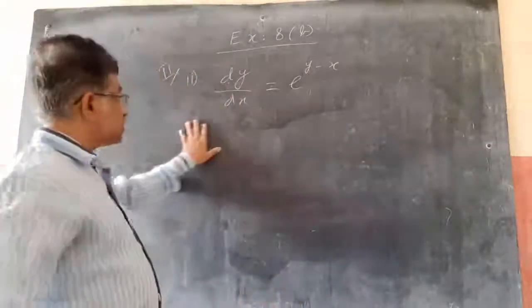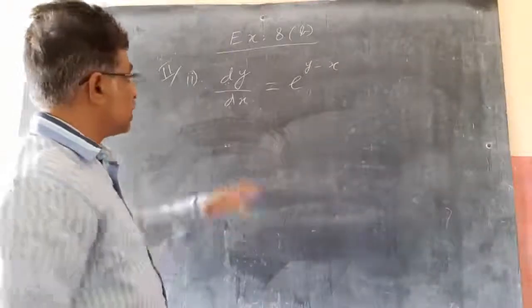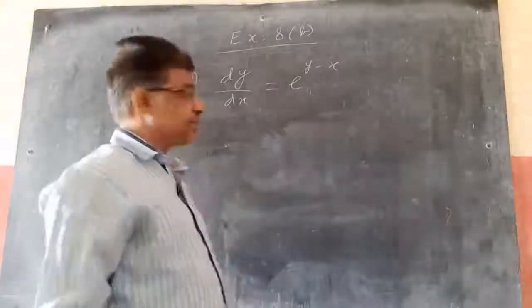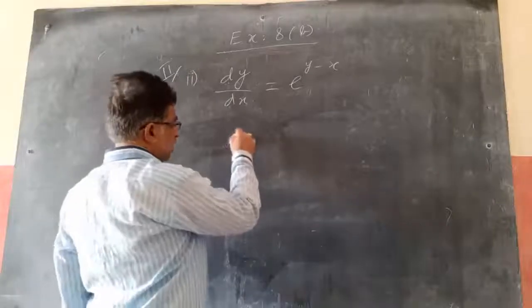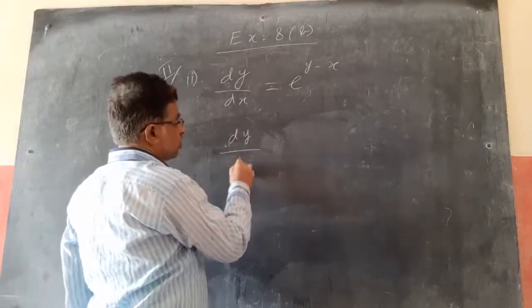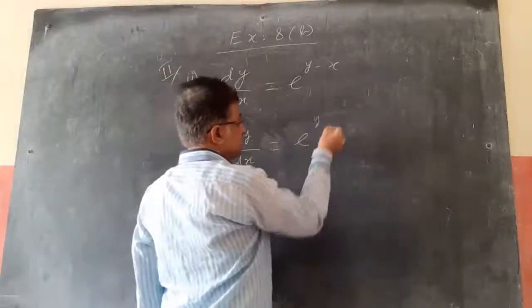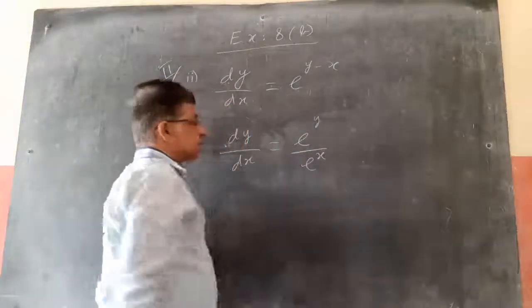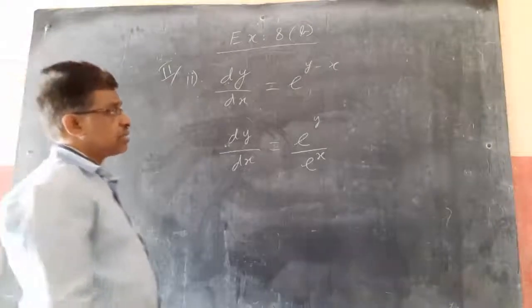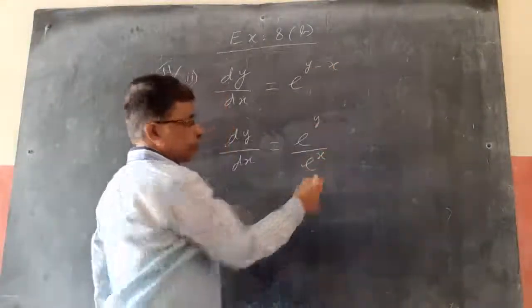So according to this, dy by dx, 2 marks, we can do this. dy by dx equal to e power (x + y) minus x. Variable separable means bringing all the y's to one side and x's to the other side. For that I can write e power (y minus x) as e power y by e power x. This is a power (m minus n), a power m by a power n, I wrote.